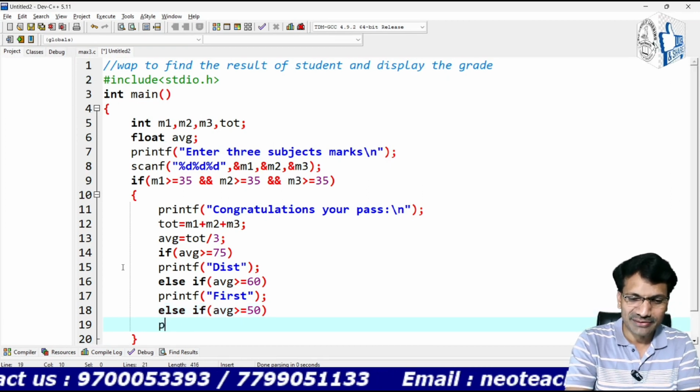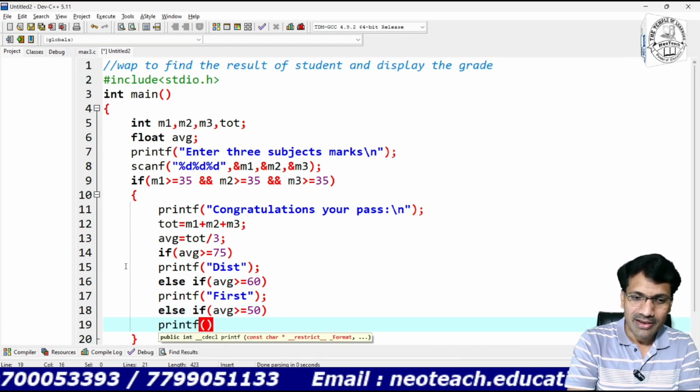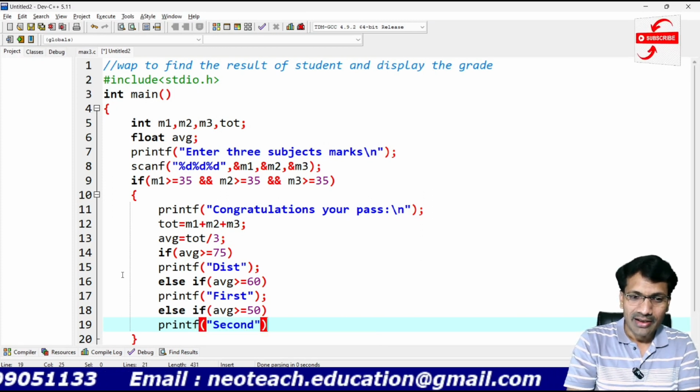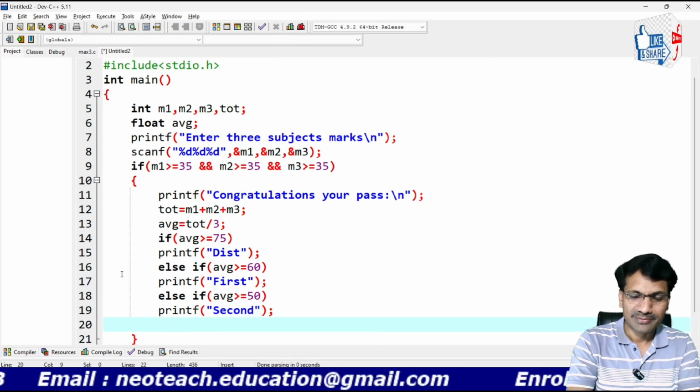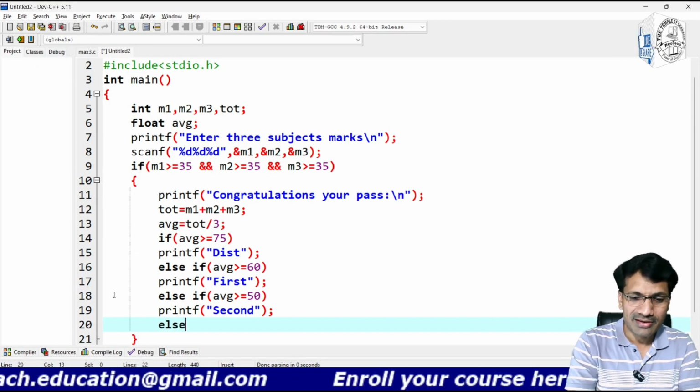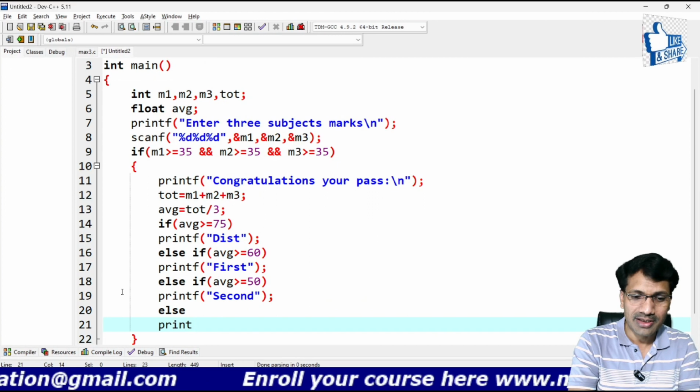In that case we are going to print that the student is in second class. If the average is not satisfying this condition also, in the last else part I am going to print